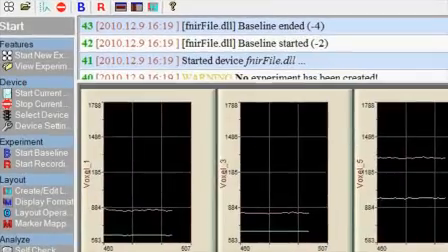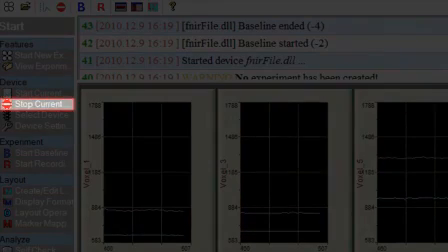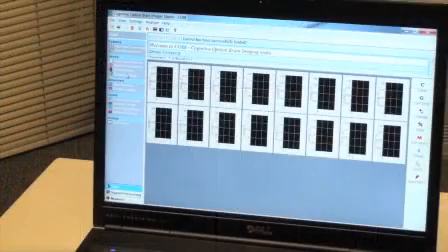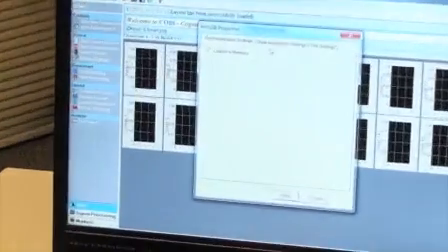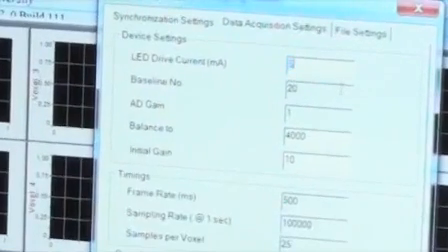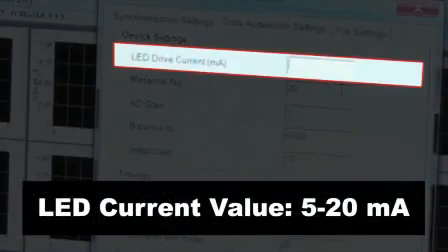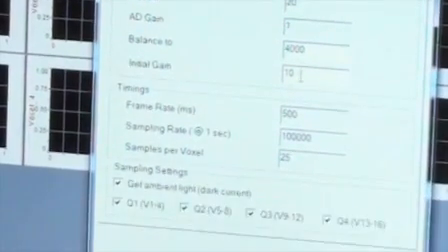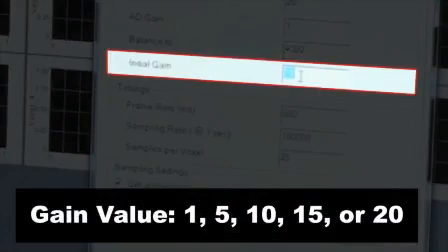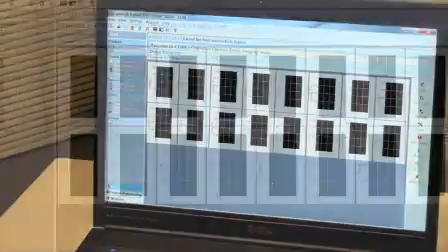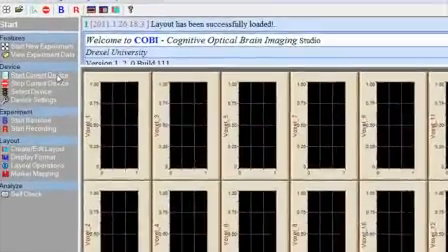To change device settings, first click on Stop Current Device, then click on Device Properties in the left pane. Go to the Data Acquisition Settings tab in the dialog box. If you would like to increase signal values, first increase the LED current value. An increase in the LED current value means that the LEDs will shine brighter. If you would like to decrease signal levels, first decrease the gain. Initial gain value is used for all voxels. After you set the values, click Save, and then click Start Current Device to start data acquisition with the newly